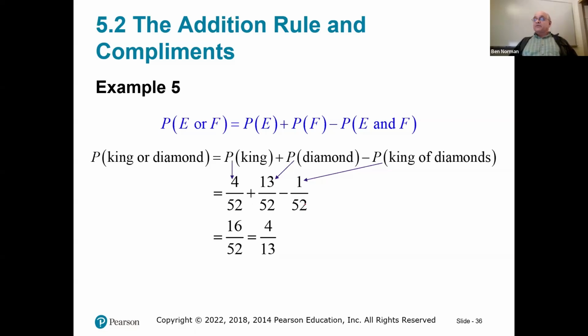Since all the denominators are the same, we can just add up the numerators. 4 plus 13 minus 1 gives us 16. Both 16 and 52 have 4 in common, so that reduces to 4/13. Now, if you were to randomly select 13 cards, that means 4 of them should come out to be king